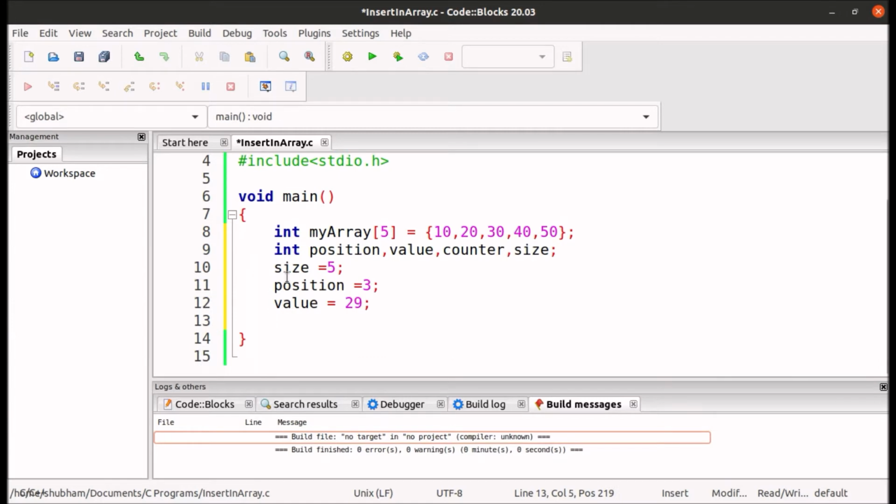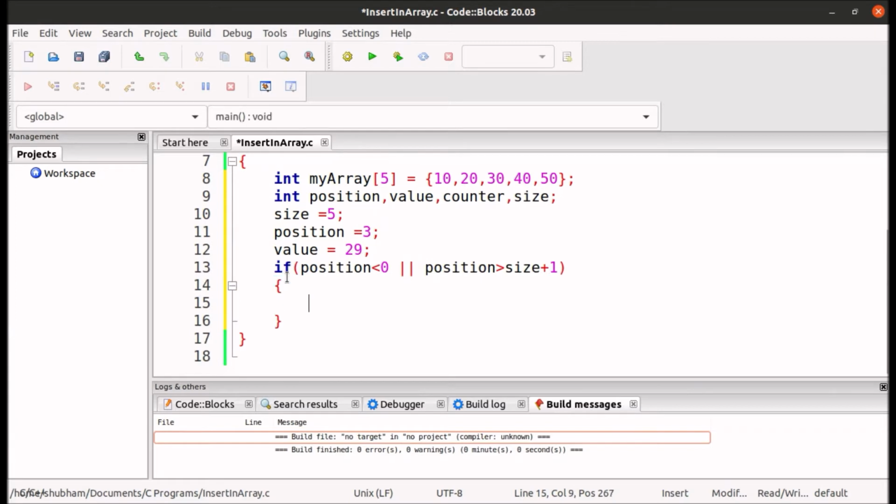And now I will write the code to check if the position I have entered is valid or not. So if position is less than 0, then it is invalid position, because we can't insert element at -1th index, or position is greater than size plus 1, which means if the size of the array is 5, we can insert the element at 6th position, but we can't insert the element at 7th position before inserting the element at 6th position.